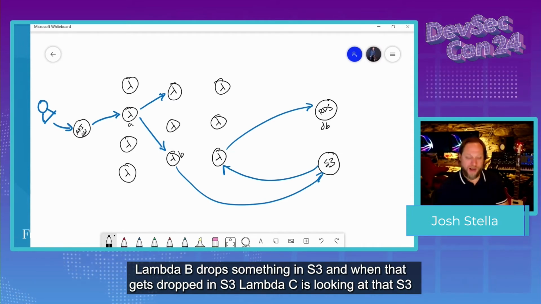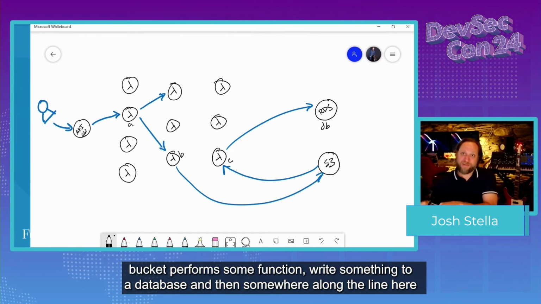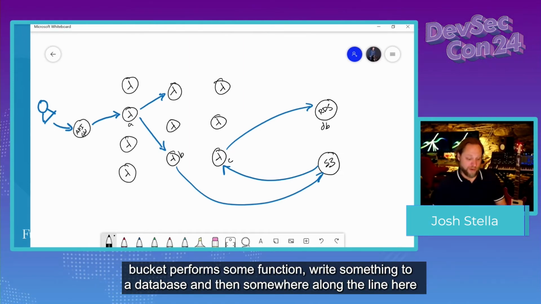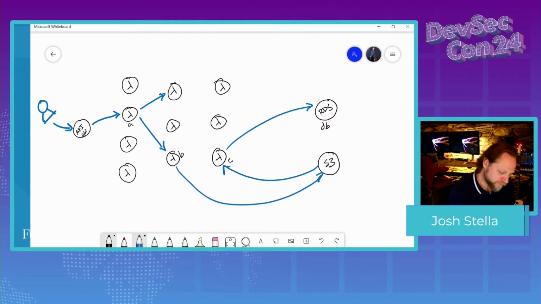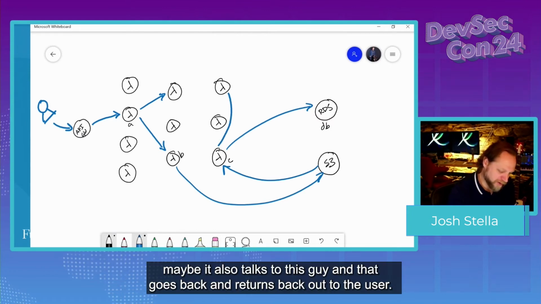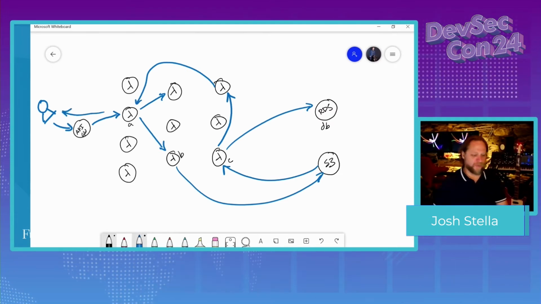And when that gets dropped in S3, Lambda C is looking at that S3 bucket, performs some function, writes something to a database, and then somewhere along the line here, maybe it also talks to this guy, and that goes back and returns back out to the user, right?